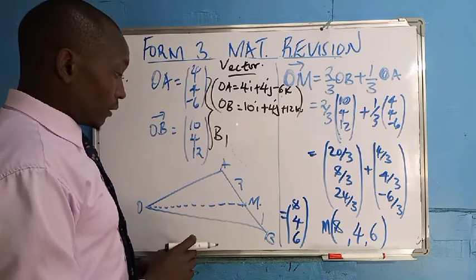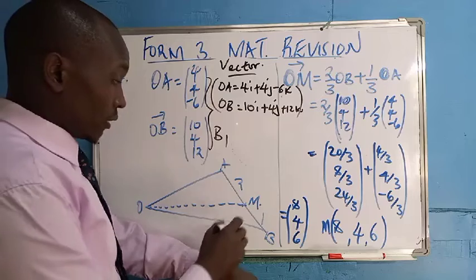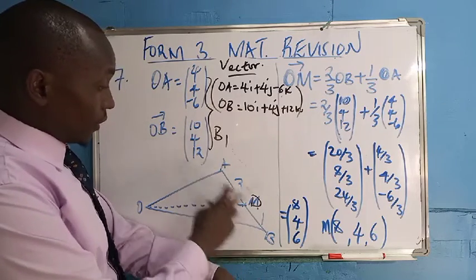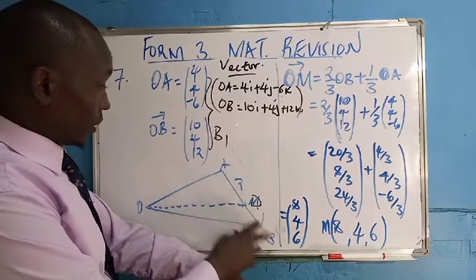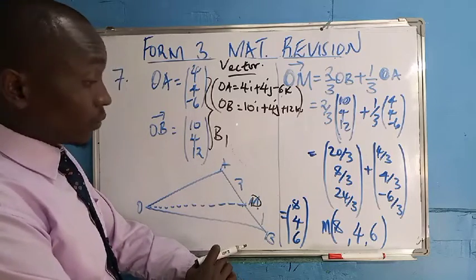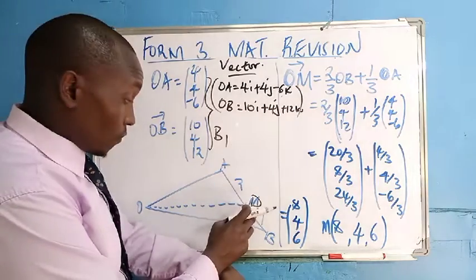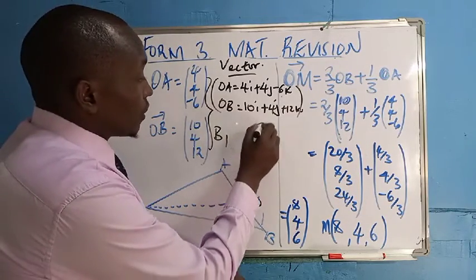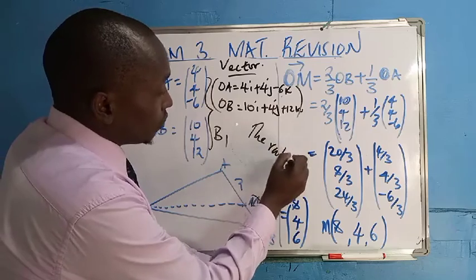Now, you're given that there is a point D. I think it's a point D, not M. Such that AD to DB is 1:2. So the student was expected to find the coordinates of this point. So over there we use what we call the ratio